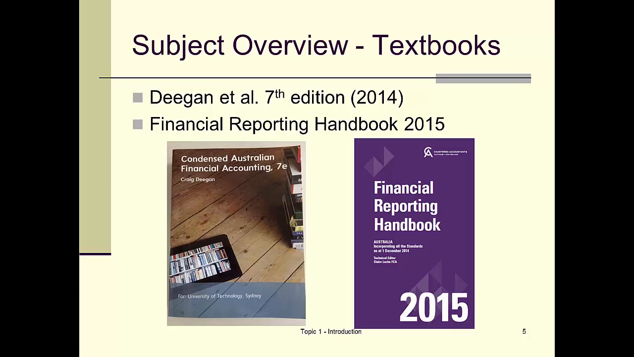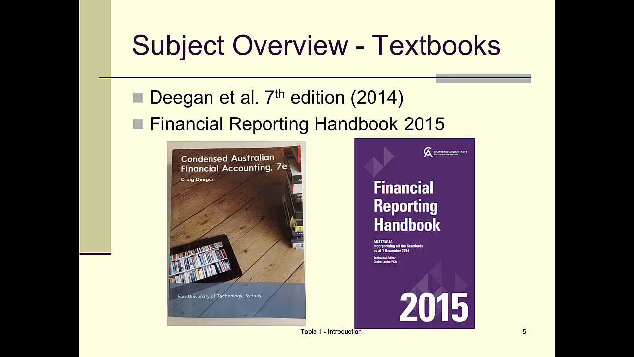Okay, the textbooks. There's really only one textbook you need, and that's Australian Financial Accounting by Deegan, 7th edition, 2014. You can buy the condensed version, which is also available. The condensed version was put together specially for us, and it includes only those chapters that we use in this course. What this basically means is you can get a book that's cheaper. Unfortunately, it's not very much smaller because they use thicker paper, but it's cheaper and it gives you just what